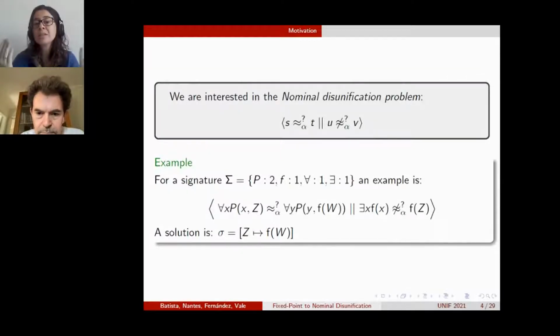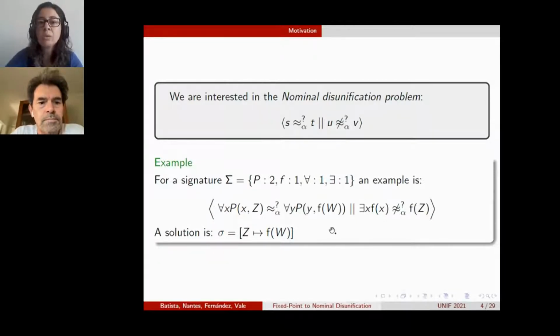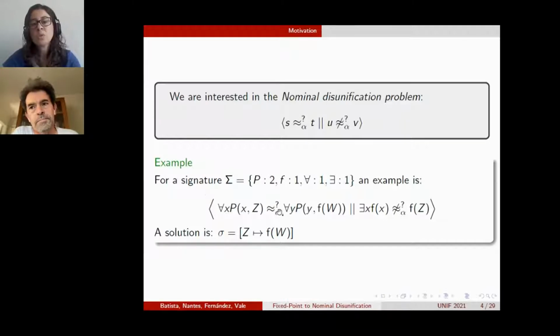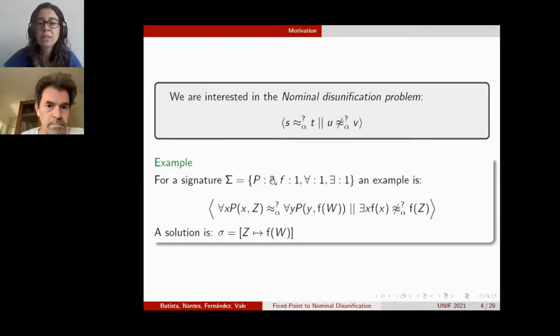The idea is to extend previous results that we had about nominal disunification, like the standard presentation using freshness. So we are interested in solving this problem, which consists of solving equations between nominal terms and also solving disequations. Just to give an illustration, if you have this signature with a binary predicate P, a unary function symbol F, and for all and exists, that we are going to take as function symbols,